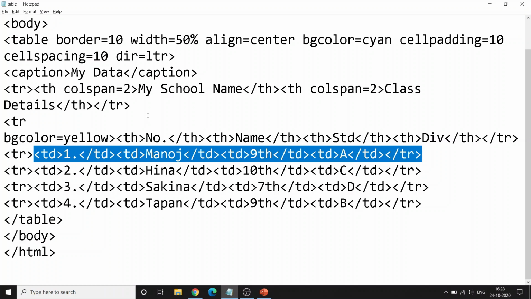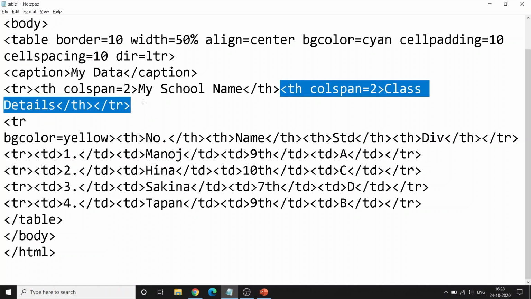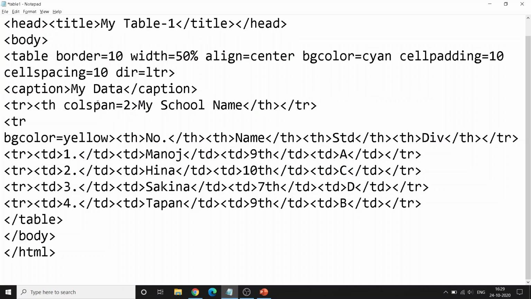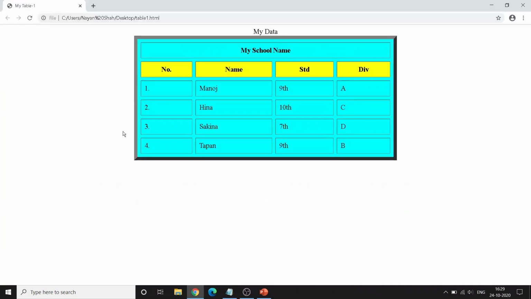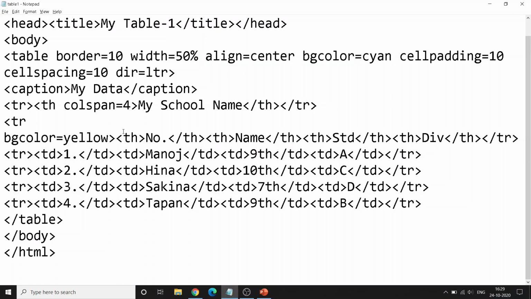So each row should have same number of cells, then only the table will look proper. So I'm just removing this second table data from this and making this 4 so that it becomes meaningful and spreading over 4 columns. As we have used colspan, we can use row span also.